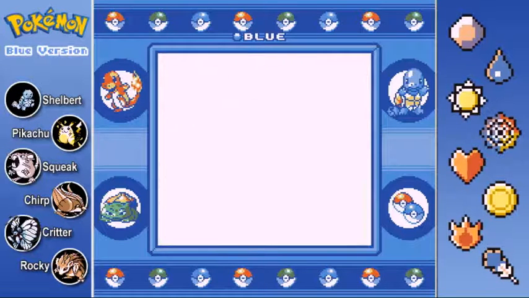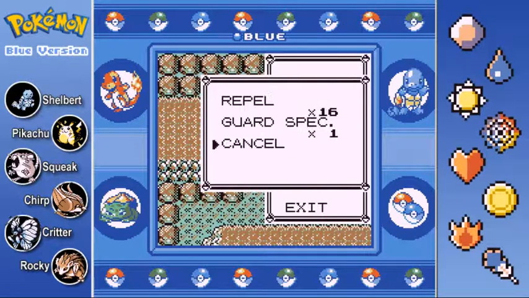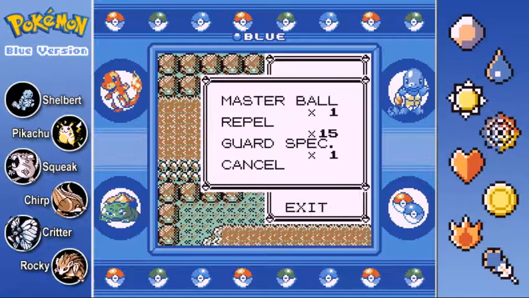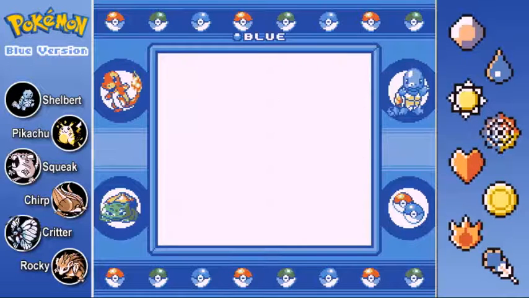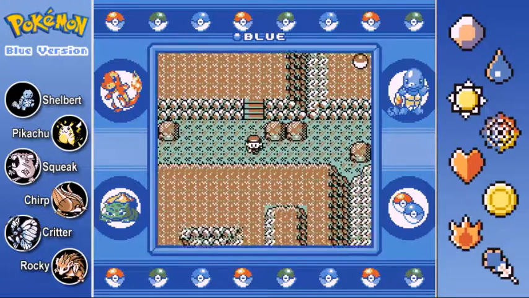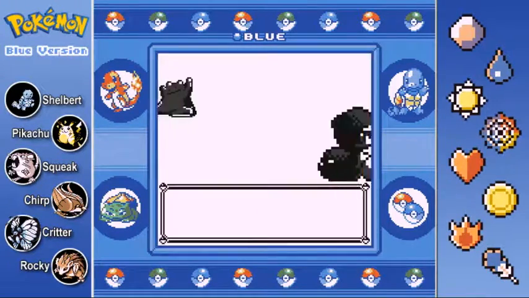My plan for Mewtwo. Now, I was initially thinking of going for the Stun Spore from Critter, since he has the highest special. I figure he can survive the psychic attacks of Mewtwo the best. I can go for the Stun Spore so the team can outspeed, but that's going to completely fail because we need Mewtwo to be asleep to be able to use a Pokeball against it. So I do need to...